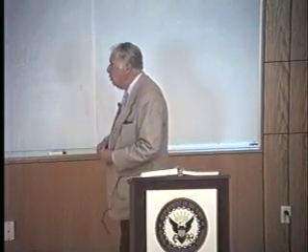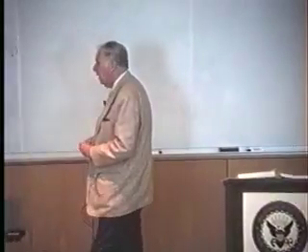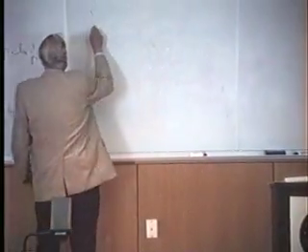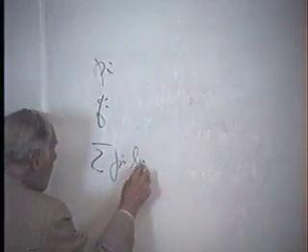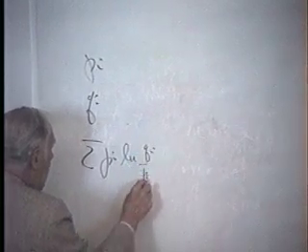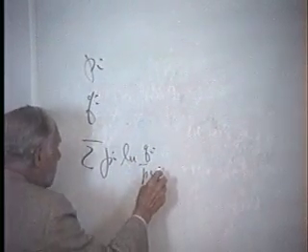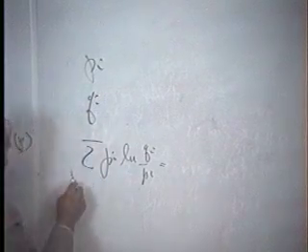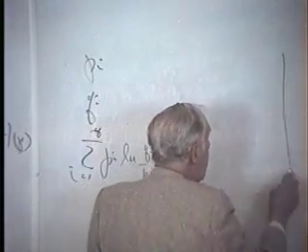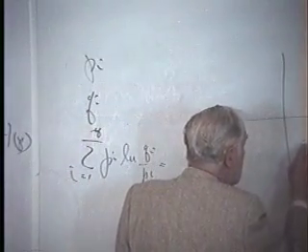Now the first thing I need to do is get our boy Gibbs inequality. Given a distribution Pi and another distribution Qi, two different probability distributions, I'm going to look at the summation of Pi log Qi over Pi, i running from 1 to q, of course. Now I'm going to use an inequality. The log function of base e